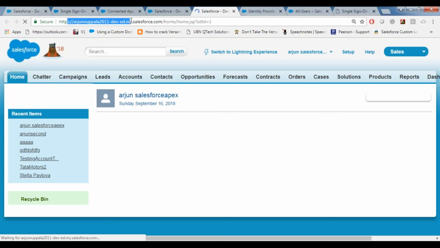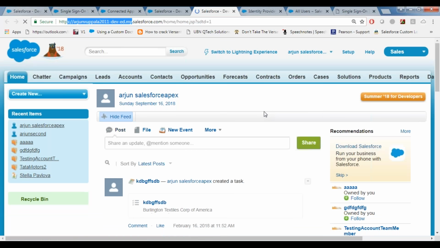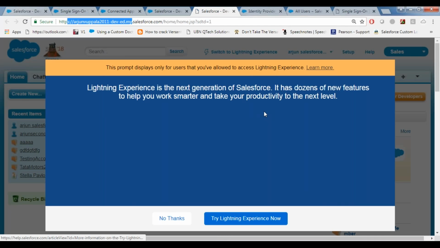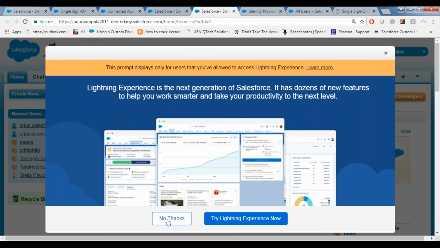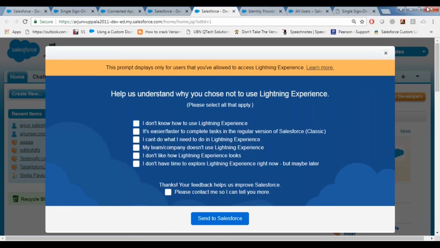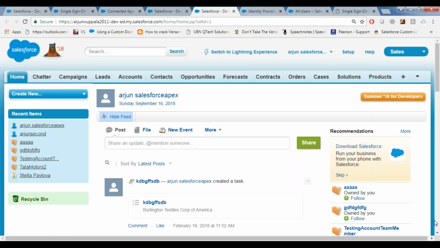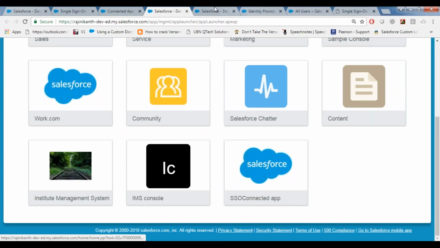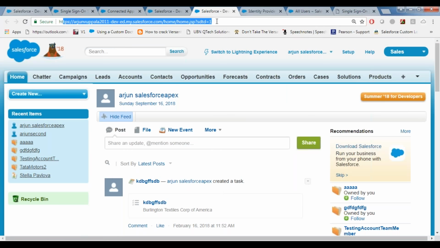Yes, if you look at the URL, it is taking you to Arjun Salesforce account and it is logged in. See, I did not enter Salesforce username and password for Arjun account. I just clicked on this connected app, so it is automatically taking me to Arjun account without entering the